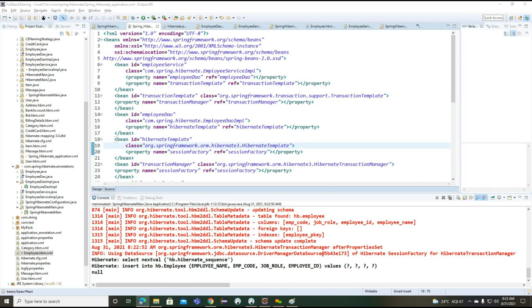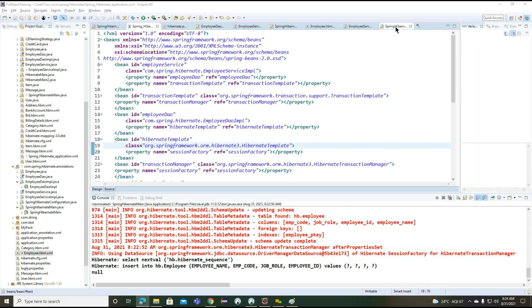Now how can we work with the declarative transaction? To work with the declarative transaction, we need to define the annotation called the Transactional annotation. Getting the point. With the help of this transactional annotation, the transaction works with different behaviors.